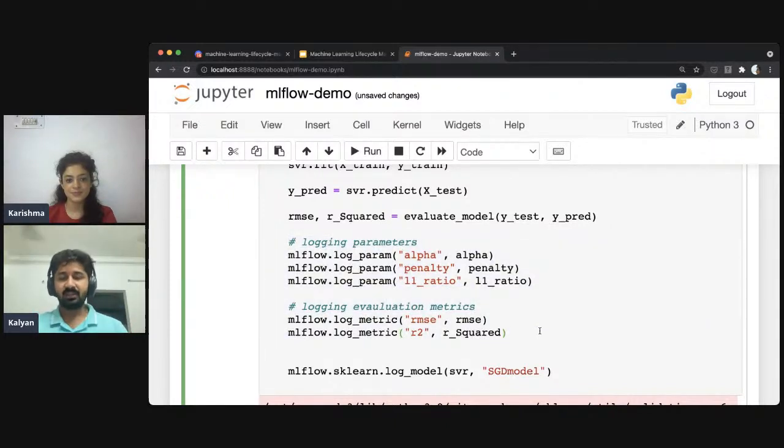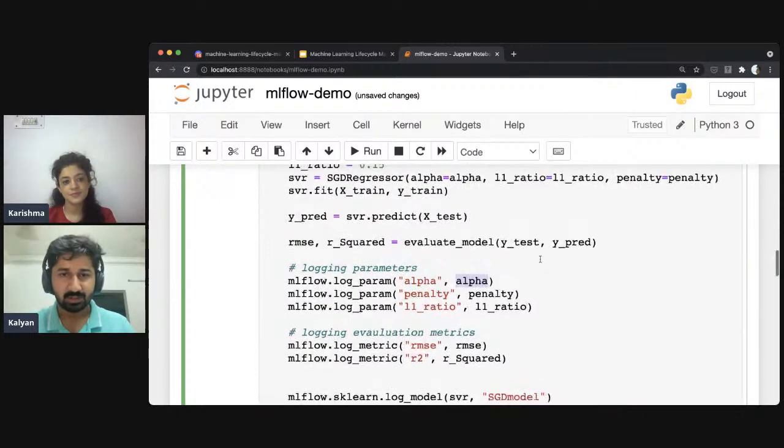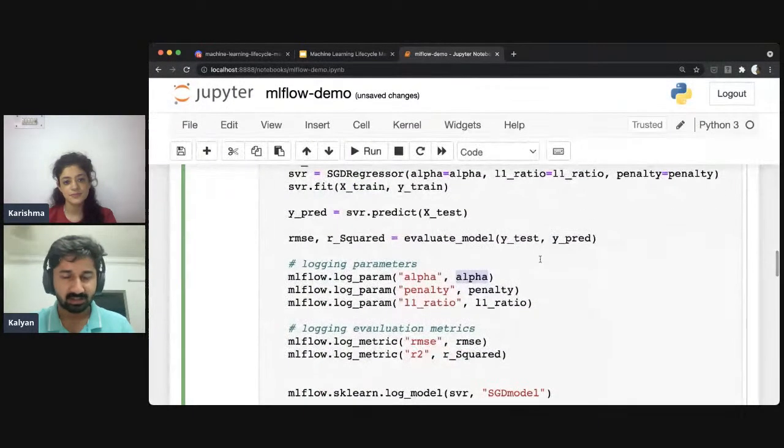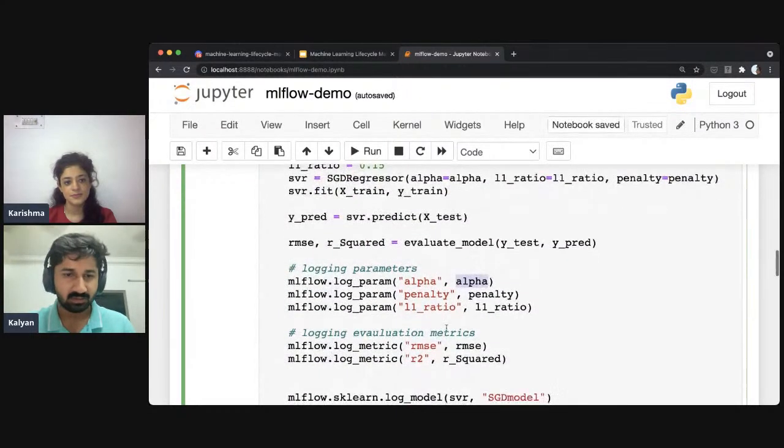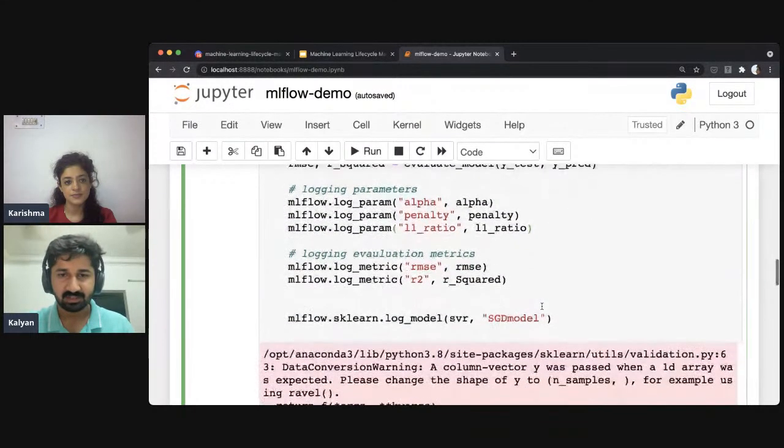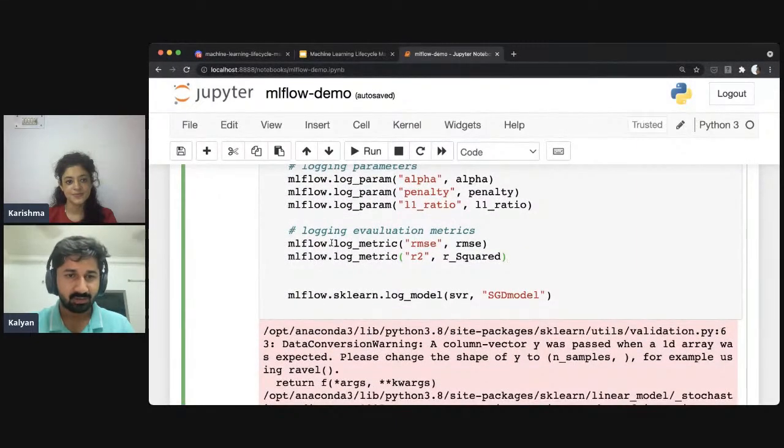Both of these take in key value pairs as the arguments, the key being the string with which we want to store that particular parameter, and the value being the value for that parameter or the metric that has been either given as an input to the model or coming out in case of metrics, right? So we're storing three parameters that we're trying to put into the model: the alpha, penalty, and L1 ratio, and the scores or the final metrics that have been generated, the RMSE value and R squared, are also being logged with the log metric